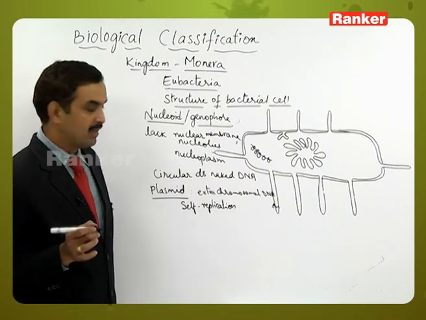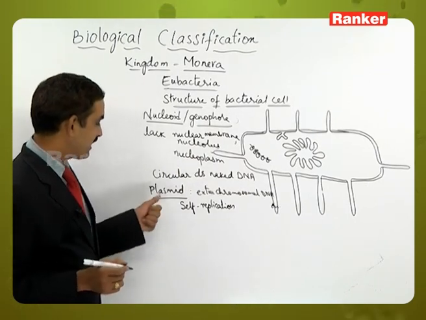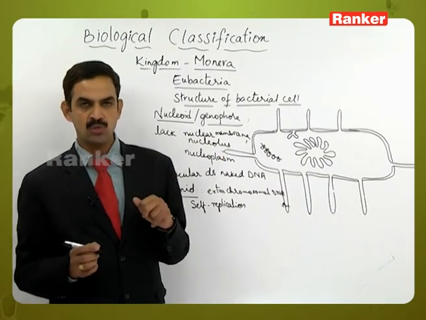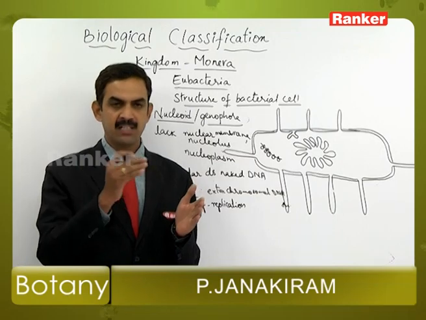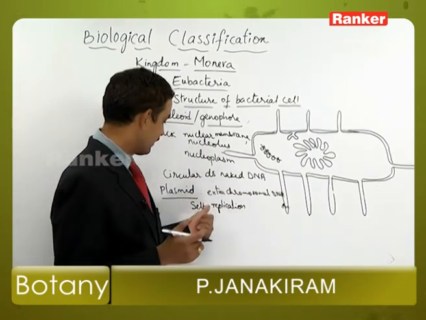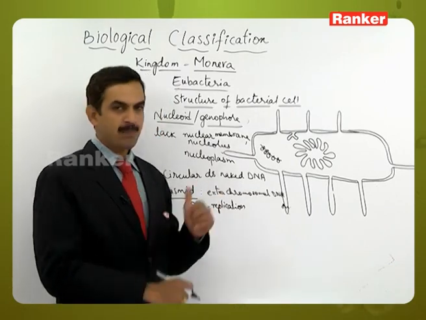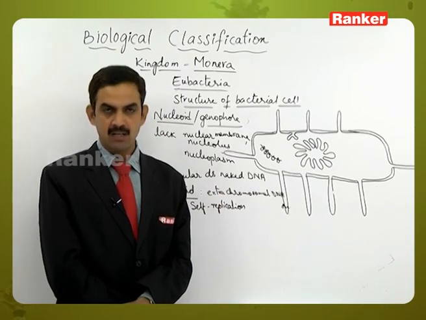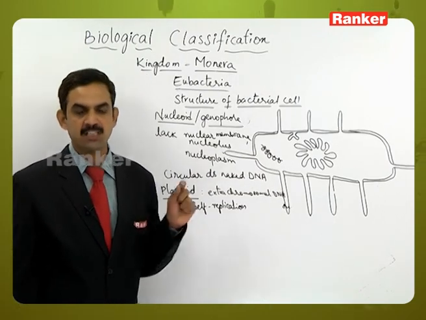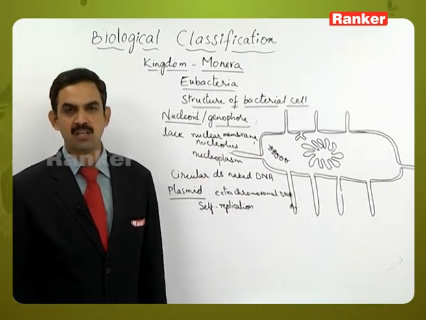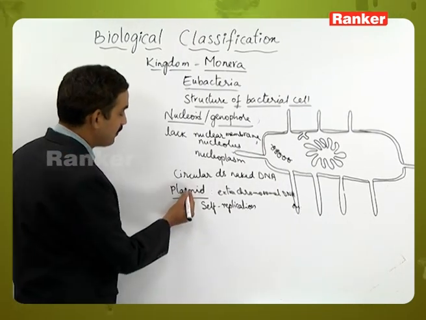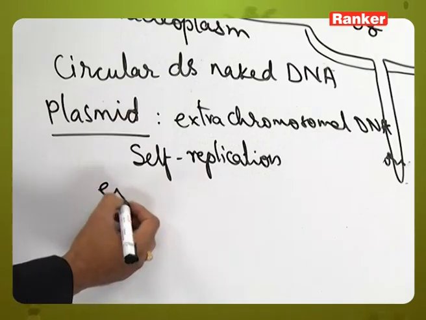But sometimes in some of the bacteria, the plasmid may get associated with the DNA of the nucleoid. When it is associated with the DNA of the nucleoid, the DNA present in the plasmid will also start replicating along with it. But when it is independently present, it can replicate by itself without the help of the nucleoid DNA material. So here the plasmid is exploited